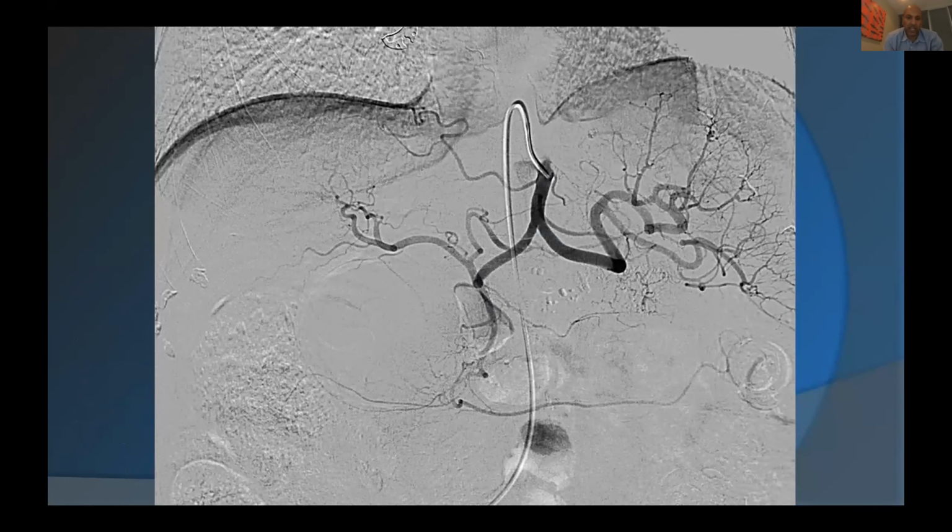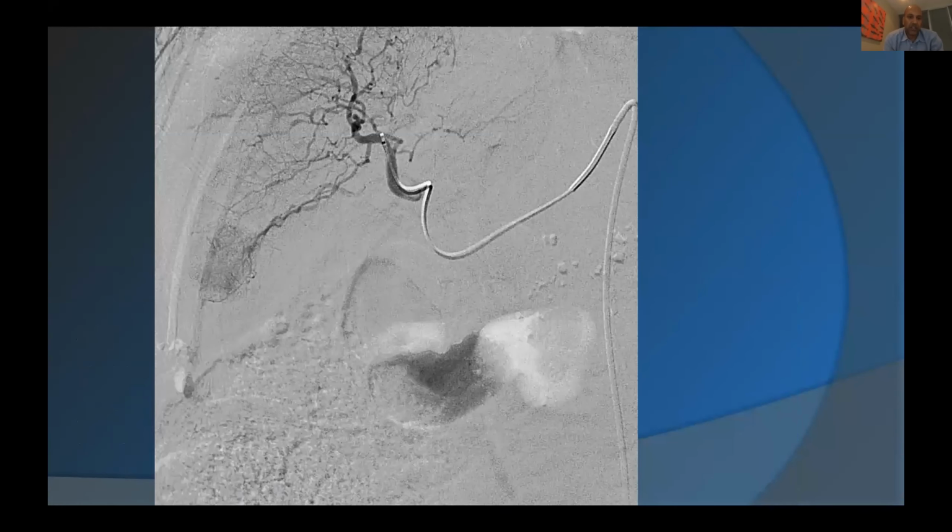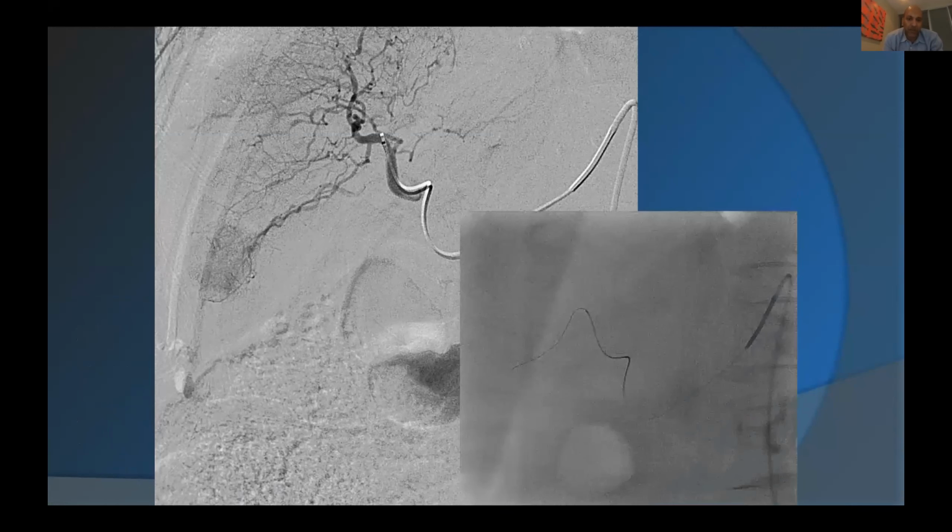This is our celiac angiogram. And this is the right hepatic artery. You can see the one branch going into the segment 5 tumor. And we tried forever. This is one of those where you look at it and think, okay, this is pretty straightforward. We got our wire in, and for whatever reason, we tried for like 2 hours, we downsized our microcatheter. We could not get into this vessel, even though it doesn't even look that bad. It's one of those where you keep on trying, you'll probably get a little bit of spasm at the origin, and it just wasn't going to go. And you'll notice this is the first branch off of that right hepatic artery.